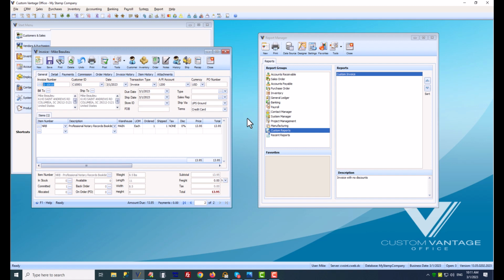So really, to outline it, we're going to, one, edit the stock report, which is going to throw a fake error when it comes up. Just click OK and acknowledge it. Two, you're going to hit the save button, which will save it as a new version of the report, and you would call it whatever you want to call it. Three, place it into the custom reports section. Four, say no to private report unless for some reason you want that report only to be available for this